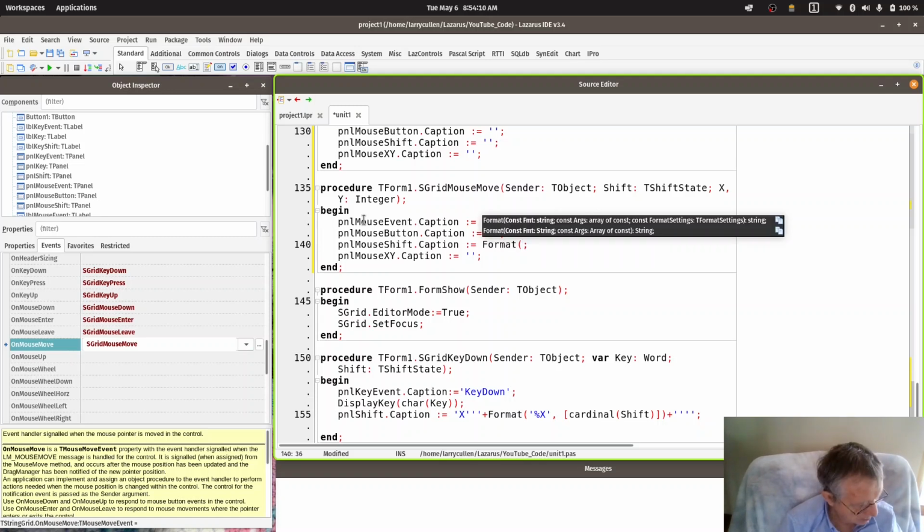And we're going to format this as %D, which is an integer decimal value, okay? And we have to make this cardinal. We're going to convert, and too many D's, huh? Is that a keyboard bounce or is that me bouncing? I don't know. Okay, that's cardinal, and that's the shift